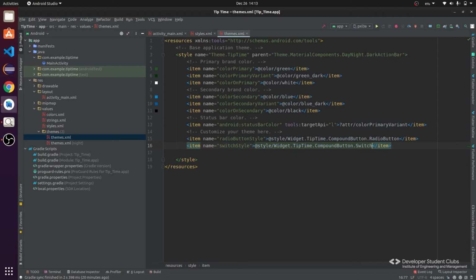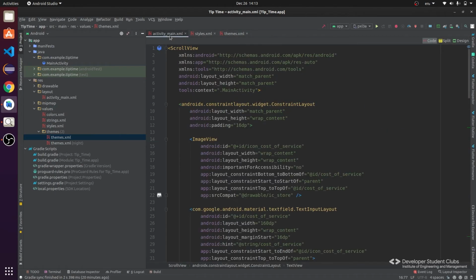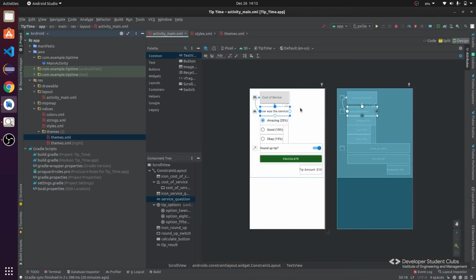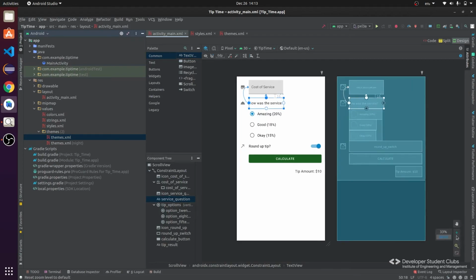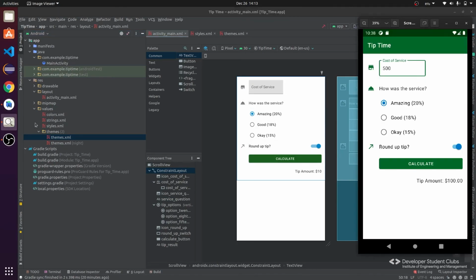Also, check the activity main.xml file and see if the design is working well or not. Everything is good other than the fact that the text field that we use here is a filled one. It's a gray color filled text field, but the UI that we have does not have that. It has an outlined text field. So we have to change this property too.